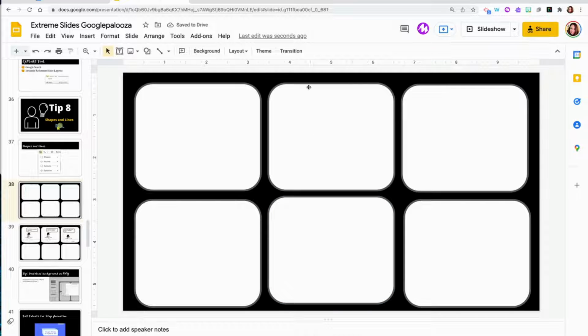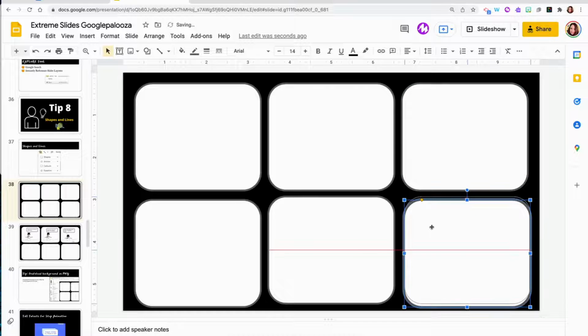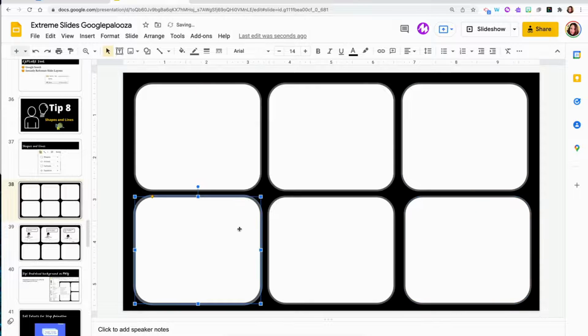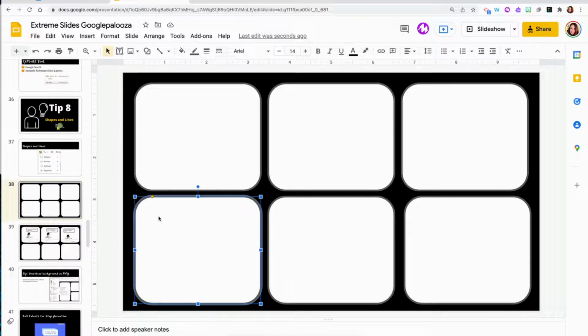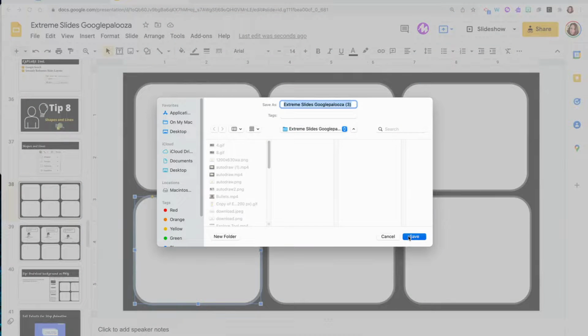What you're going to do is once you create your background, let's say it's a comic strip template or a Venn diagram or a timeline, if you don't want anyone to manipulate the shapes, you're going to go to File and download these shapes as a PNG image. So right here we have File, Download, PNG. So once you do that, you are going to get a flattened image that you can use for a static